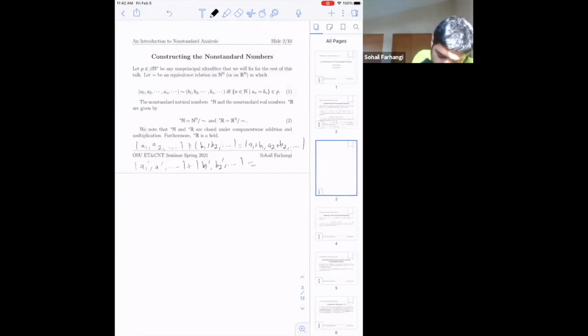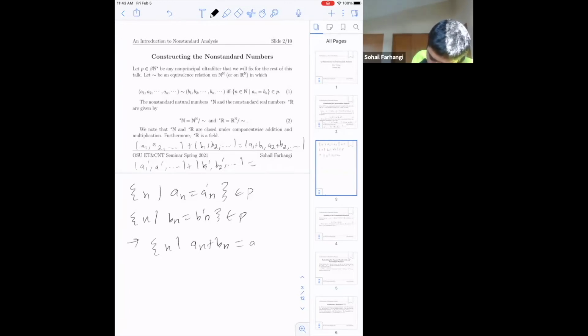Now, we know that the n's such that A_n is equal to A'_n are going to be in P, and the n's such that B_n equals B'_n are in P. So the n's such that A_n plus B_n is equal to